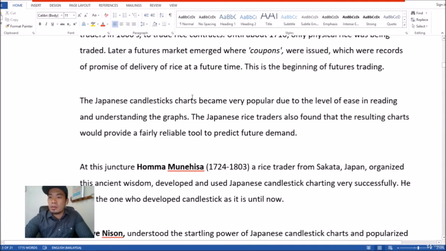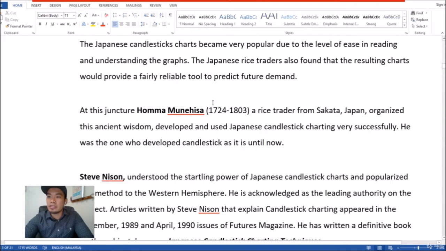The Japanese candlestick charts, as far as we know, are very easy, and at that time became very popular due to the ease of reading and understanding the graph. The Japanese rice traders also found that the resulting charts would provide a fairly reliable tool to predict future demand. Actually, there is not much prediction in candlestick, and I believe it does not reflect future demand, but